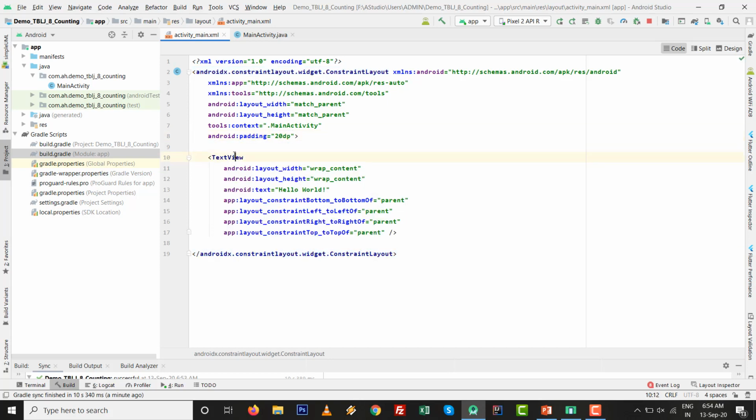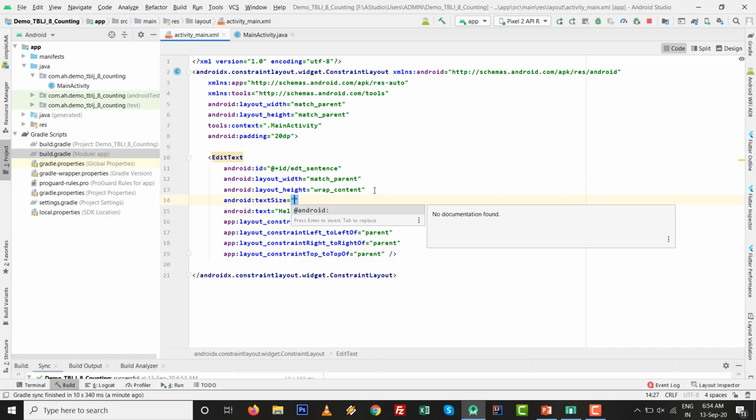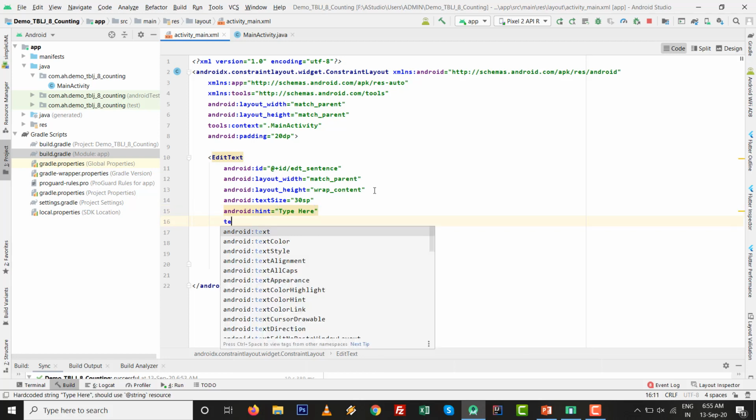20dp of padding, and I write an EditText. First give the ID for that: @+id/edt_sentence. Then the width I want to keep as match_parent, the height is wrap_content, the text size will be 30sp, and currently I don't want to type anything over here, so I type the text hint instead. So the text size is ready.